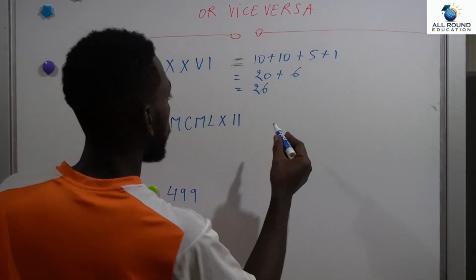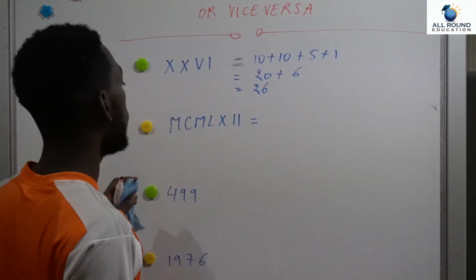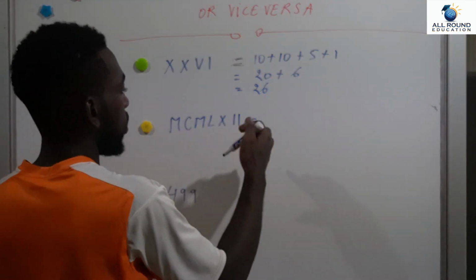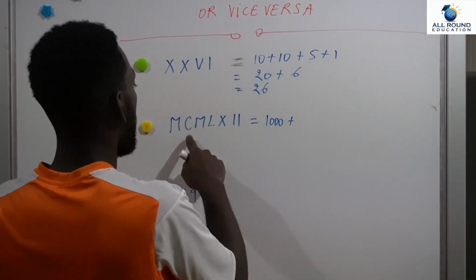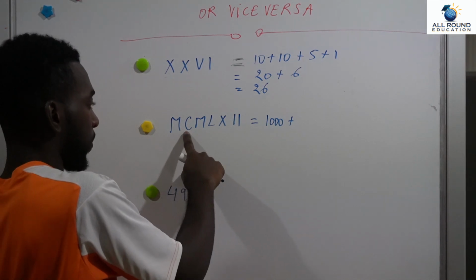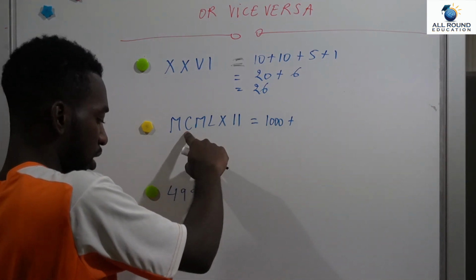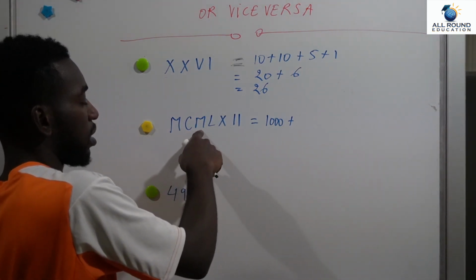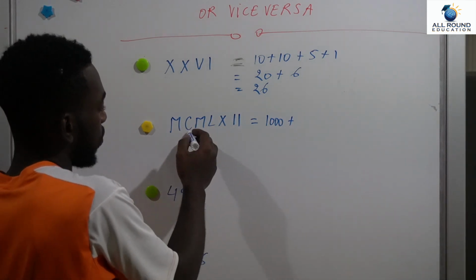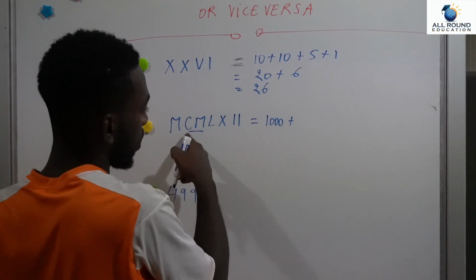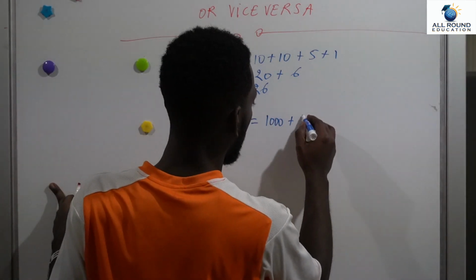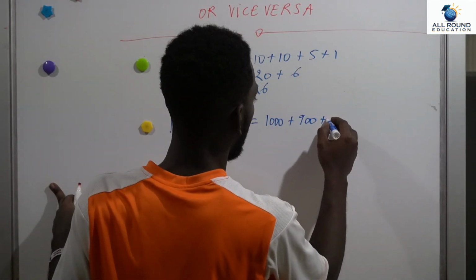Let's go to the next one. The first number is 1,000, so we write 1,000 plus. The next number here is 100, but 100 is less than 1,000, so these two numbers are together, and if they are together, then it will be 1,000 minus 100, which is 900, right? 900 plus